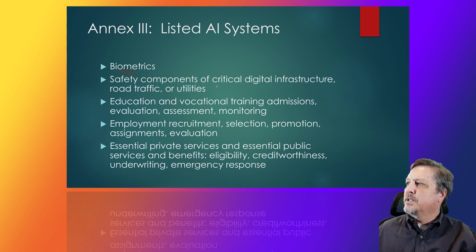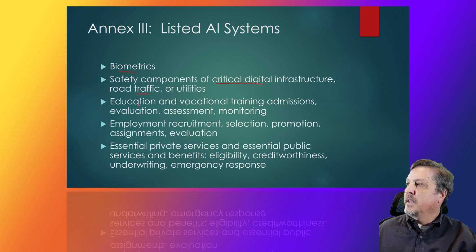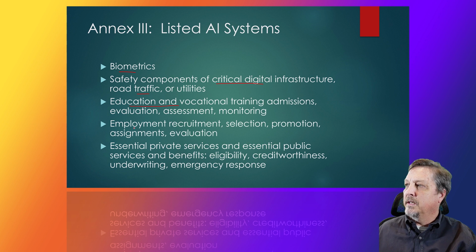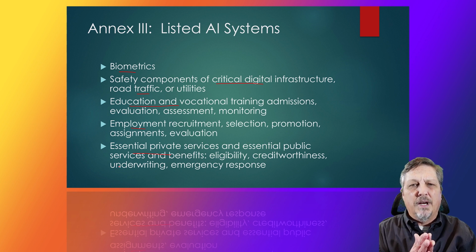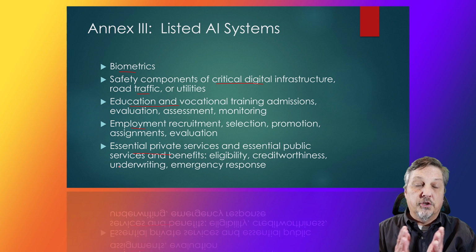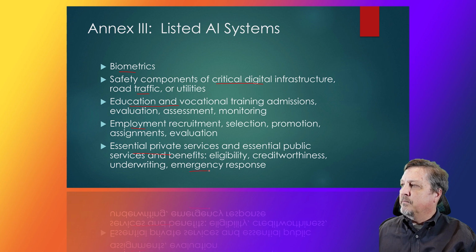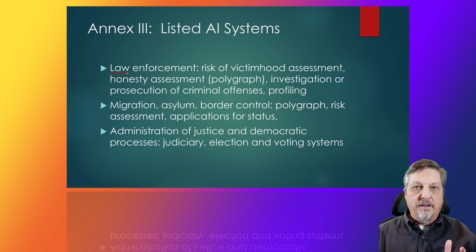So biometrics, safety components of critical infrastructure, digital and physical infrastructure, assessment, evaluation, monitoring in the educational context, assessment, selection, monitoring, and so on in the employment context, essential private services and essential public services. Eligibility, creditworthiness, underwriting. So you can see by essential private services, it's referring to things like insurance or lending, mortgages, and things like that. And public services, things like emergency response. Law enforcement, a variety of applications,